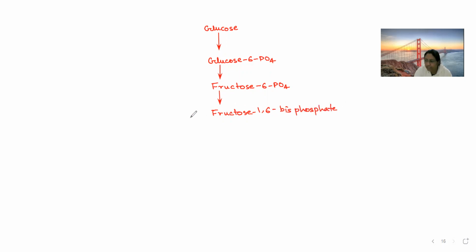After fructose 1,6 bisphosphate, this fructose 1,6 bisphosphate will be divided into two compounds, because there will be a cleavage reaction which will produce glyceraldehyde 3-phosphate